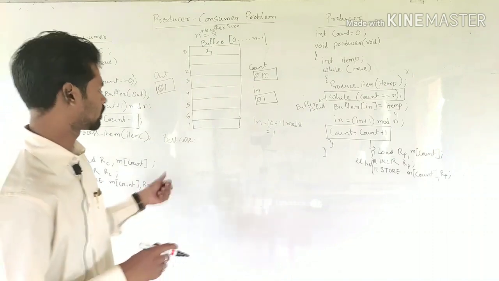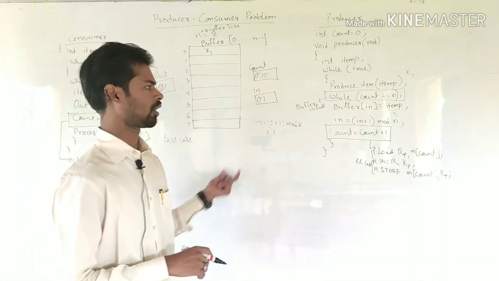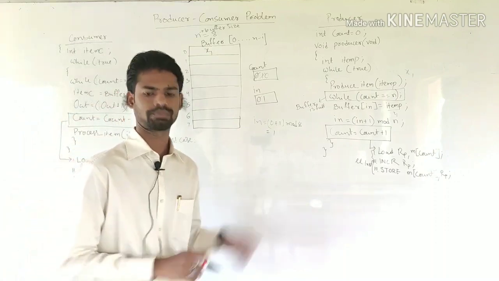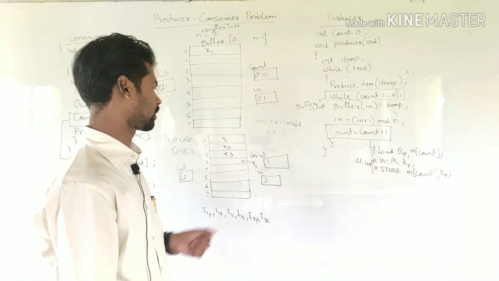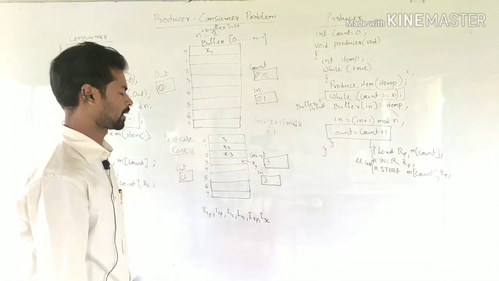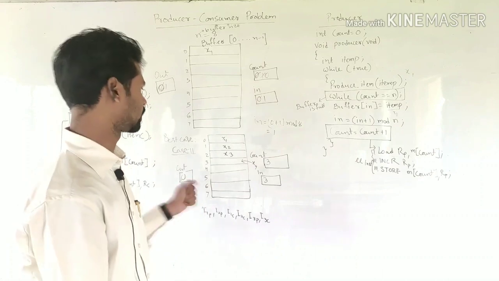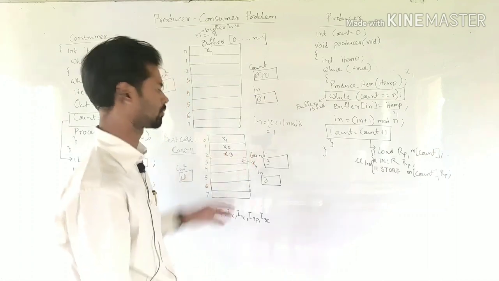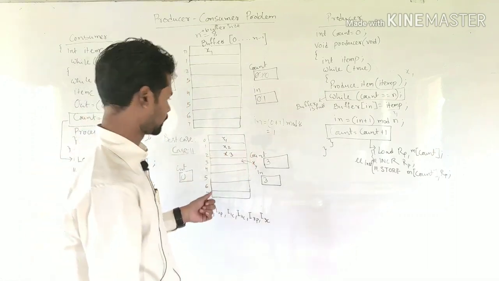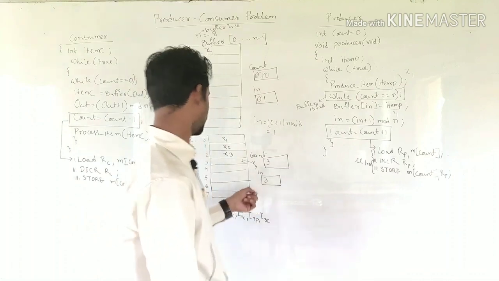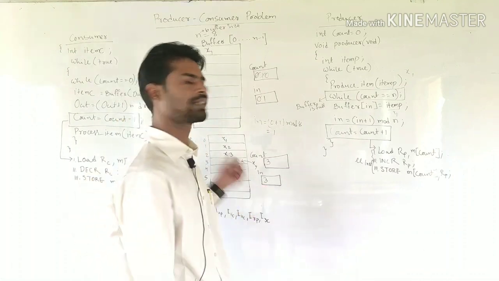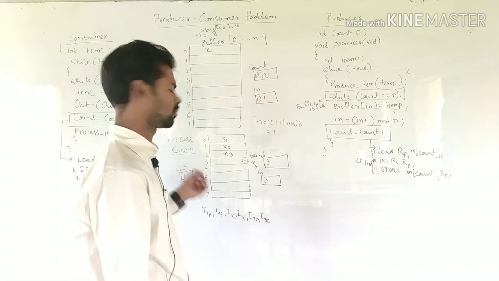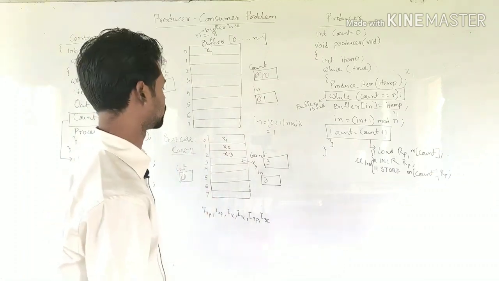Now we will check the worst case, what will happen. So what will be the problem actually inside producer and consumer? Let's check this scenario. Here 3 items are present, x1, x2 and x3, in the buffer. In this situation count will be 3 because 3 items are present inside the buffer, and in variable there is 3, in shows the next empty slot in the buffer, and out is 0, no item is consumed by the consumer.